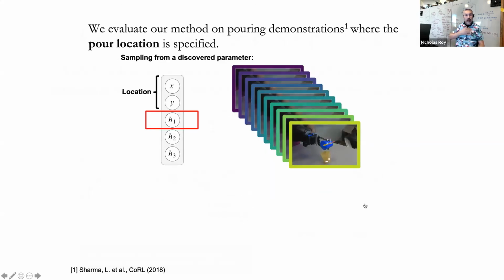And so we evaluated our method on pouring demonstrations using this very nice data set from Sharma et al. from a couple of years ago. And here for pouring, we might just want to say the task parameter is the location of the pour. And then we can discover the remaining parameters that describe the rest of the trajectory. And this allows us to actually vary the rest of the trajectory. For instance, we can